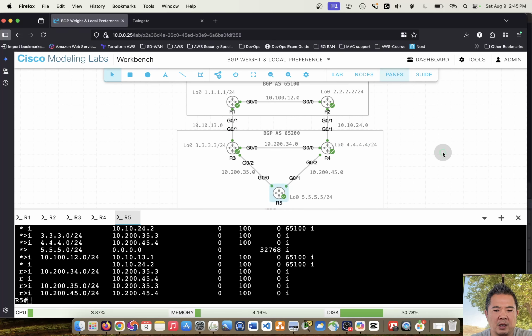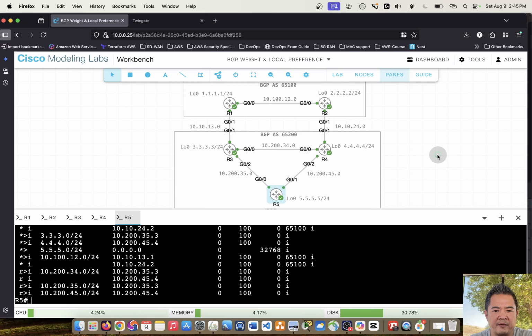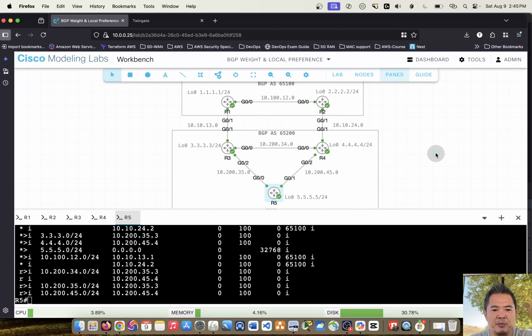So the local preference is going to allow me to tell BGP to prefer my path through my external BGP neighbor by setting my local preference of a specific value,